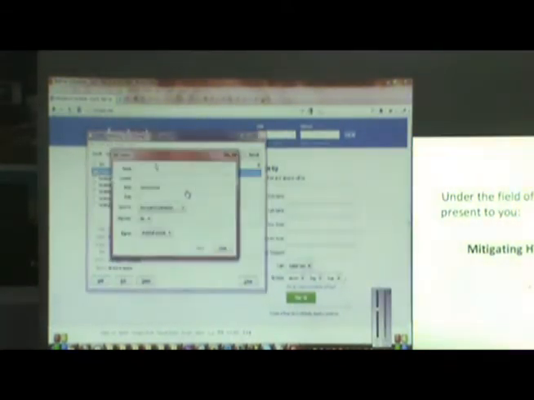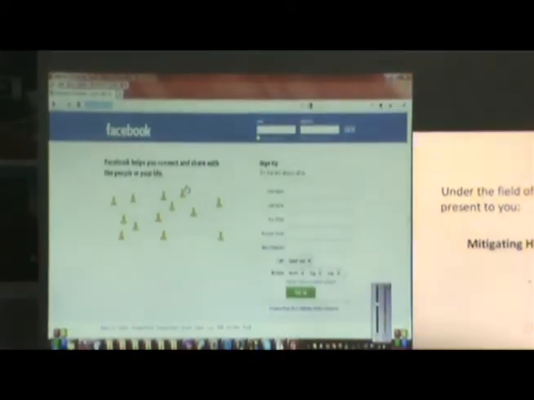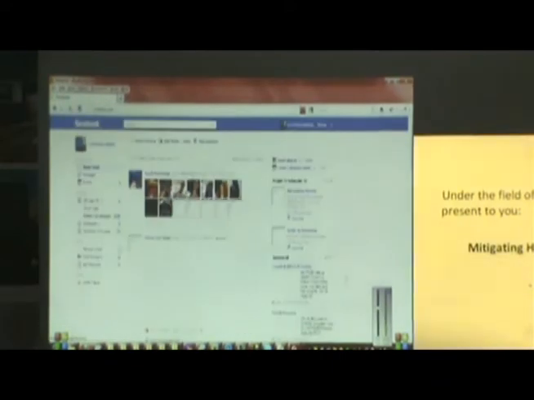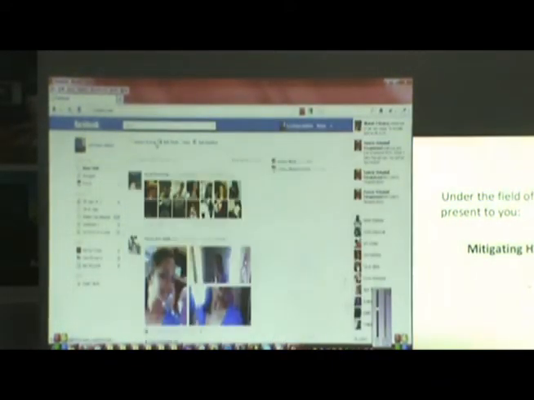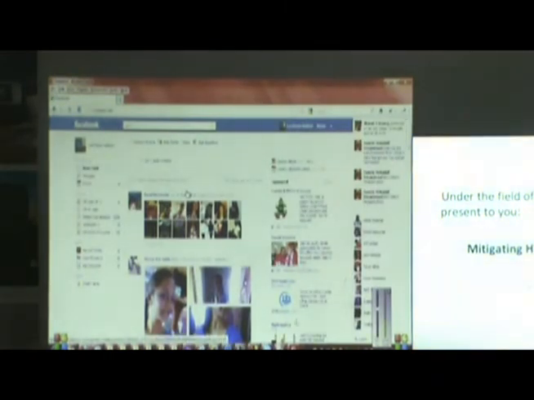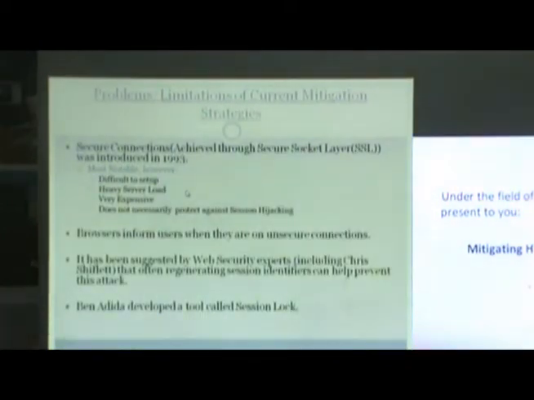And next I'm going to add the access. Again, copy the value. Paste there, save. And then the next thing you do is just simply refresh the page. And there you can see here successfully session hijack this guy's account with his permission, of course. So as you can see here, I basically stole his session identifier and got into his account without knowing his